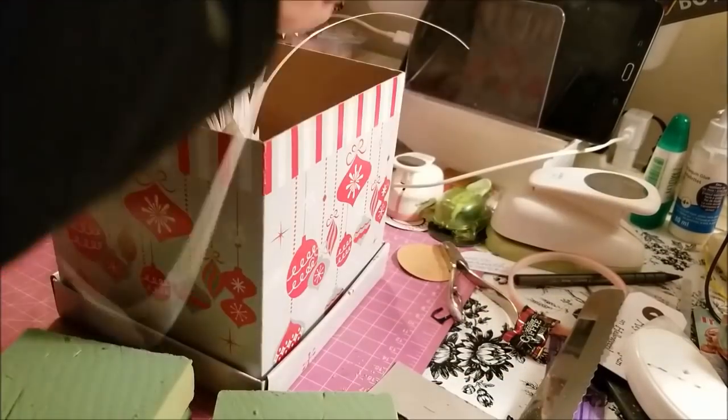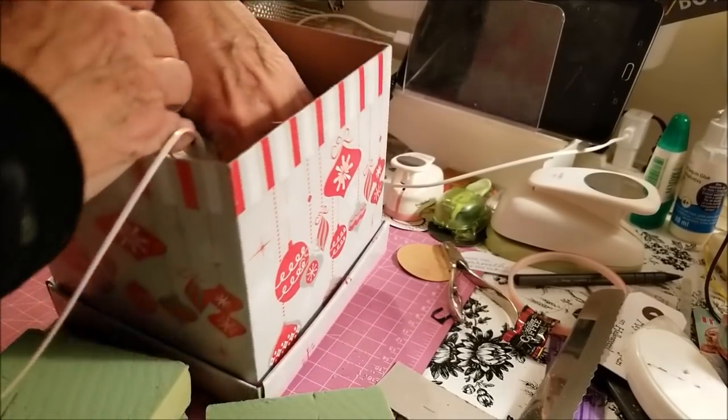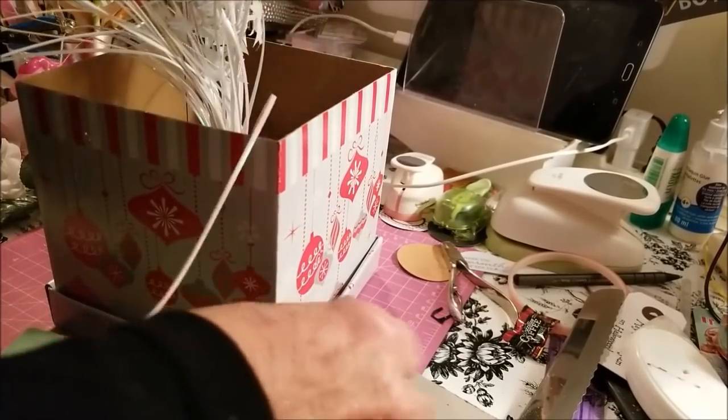So the next piece I'm going to put in is right beside it. And this is a piece that I had in the other,